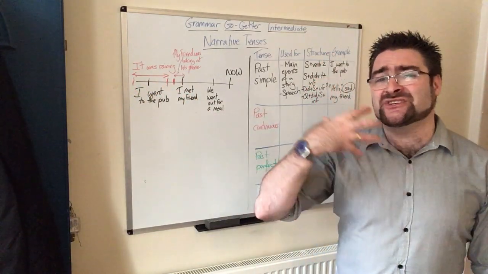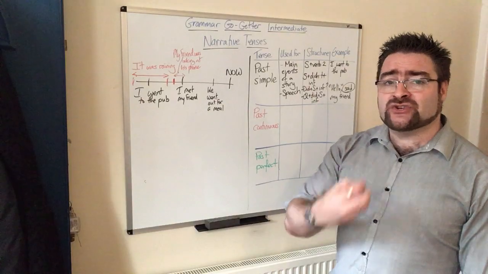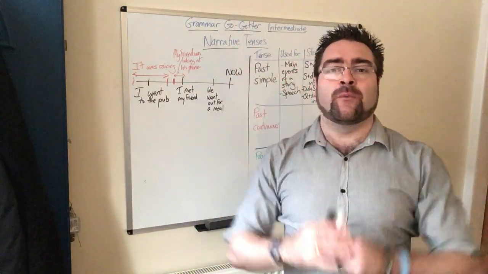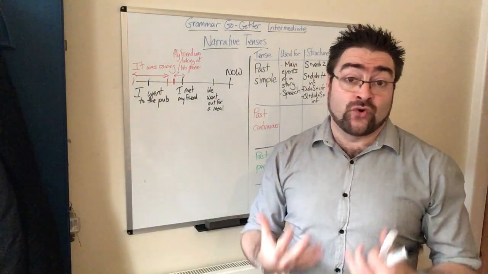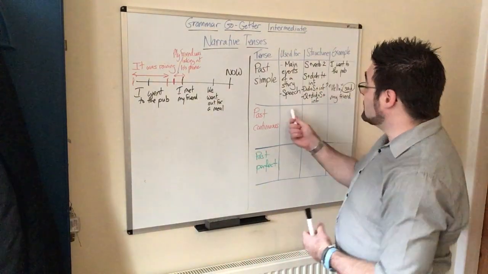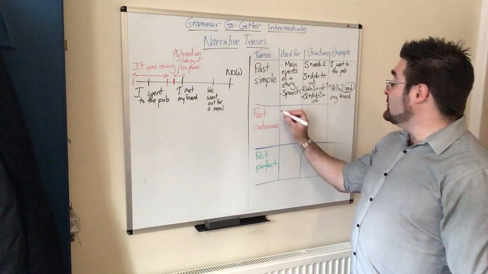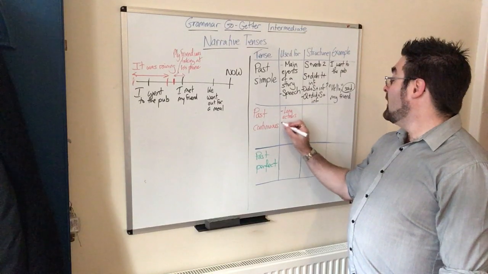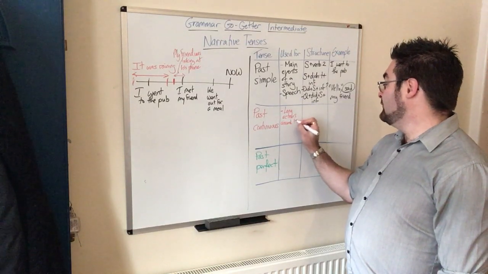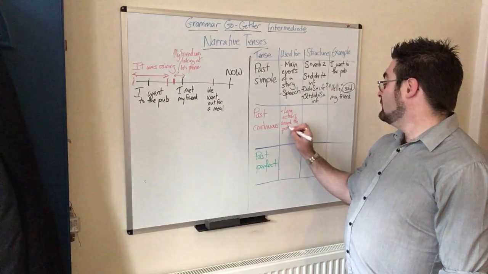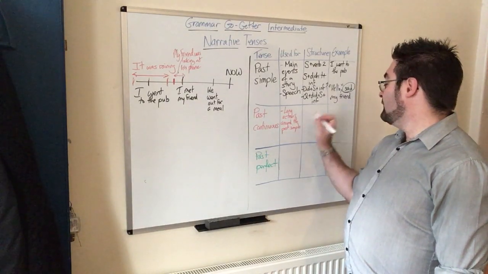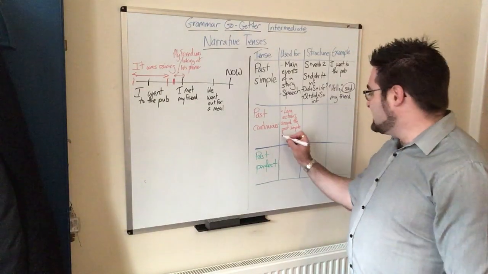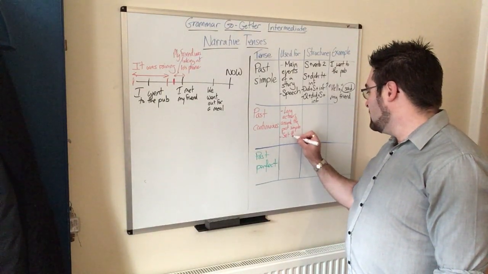But remember that these are just details. In my story, these things are not really important. They are just helping you to make a picture in your mind of the story that I'm telling you. So let's come on to our table over here. The past continuous is used for long actions around the past simple. And one other thing that it's used for is for what we call